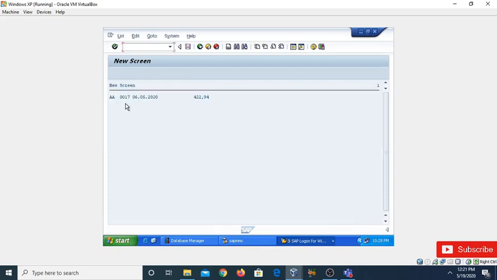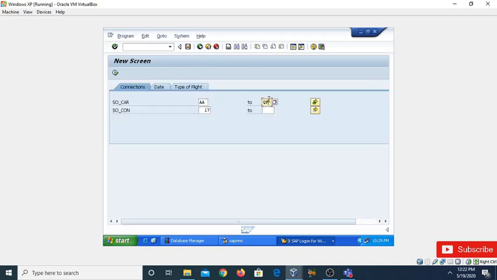Now you can see these are the results that we have obtained. We have given the CARR ID as AA, the connection ID as 0017, and this was the flight date, and on the basis of this data we have retrieved the price of the flight, which is this one. Similarly, you can also give a range.